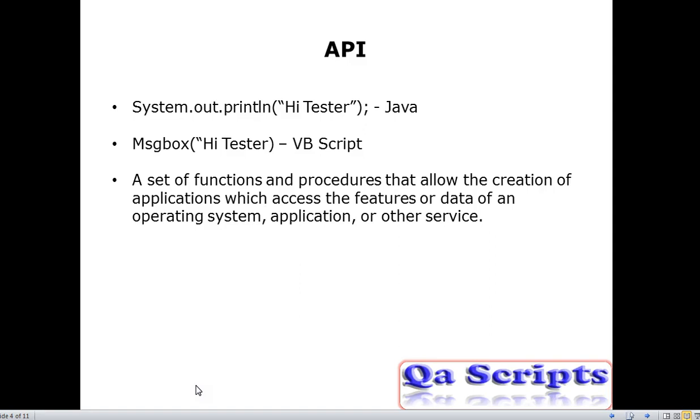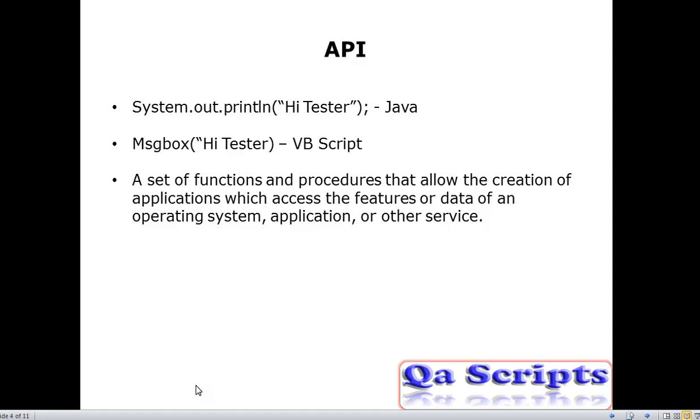Our job is to install those jar files or libraries in the system and start using them. Those sets of libraries, functions or procedures are what we call API, application programming interface. These are the interfaces that are going to help you develop a program, an application program. So this is what we call APIs.